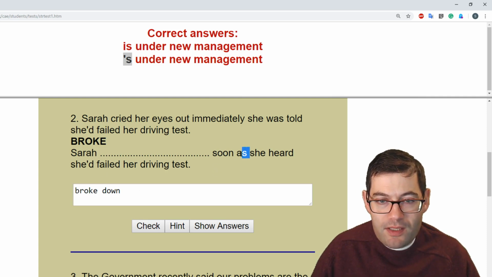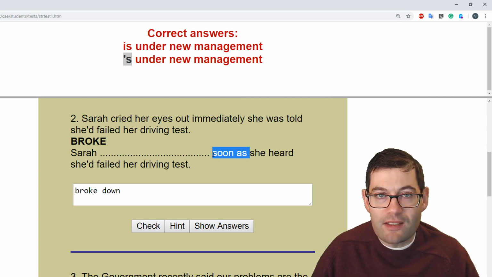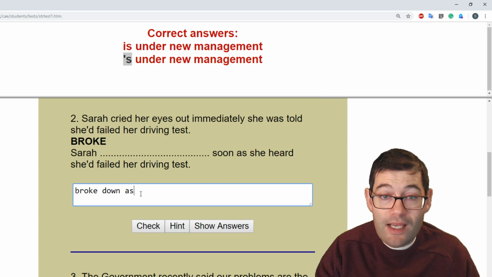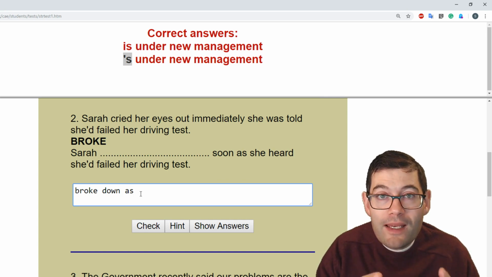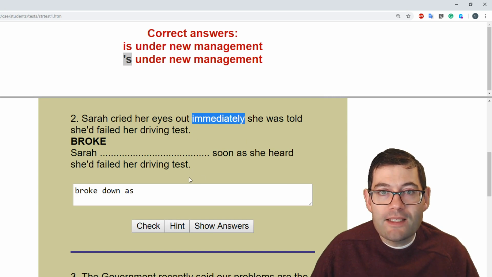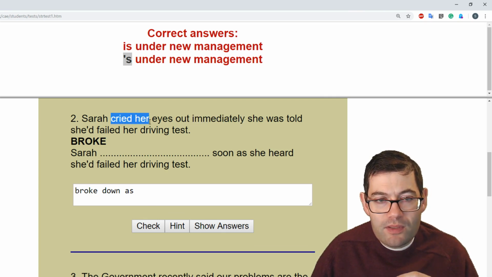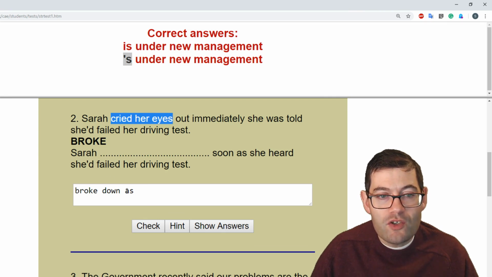Now, we've got this part of the sentence here, soon as, but that's not complete. What we need to write here as well is our preposition, as soon as, which completely covers the idea of immediately. Is this our correct answer? We've got 3 words here and we need 3 to 6 words. Not quite, because what we're missing out is an important element of her crying. In other words, she broke down